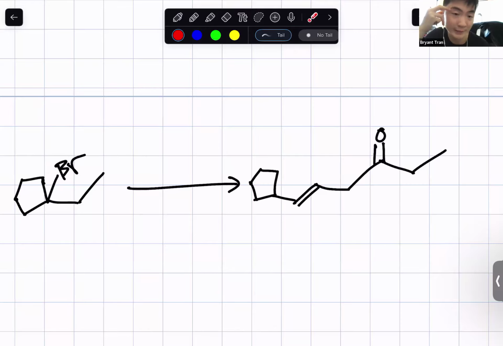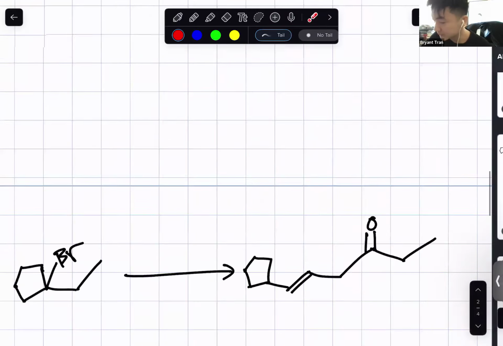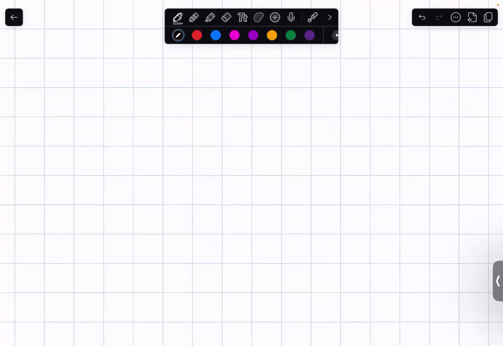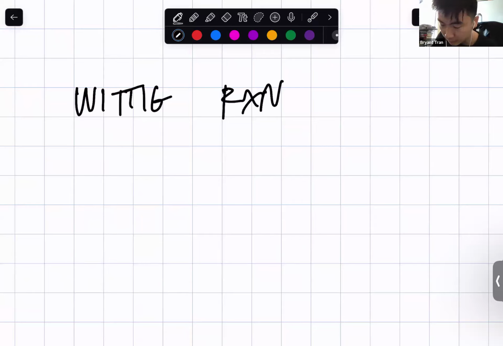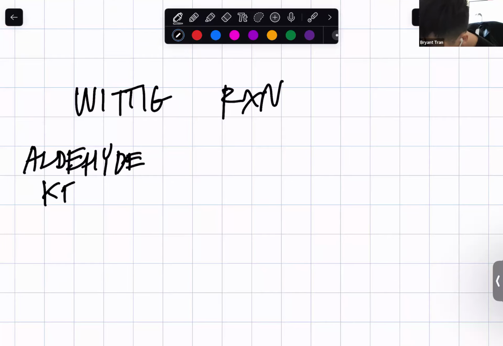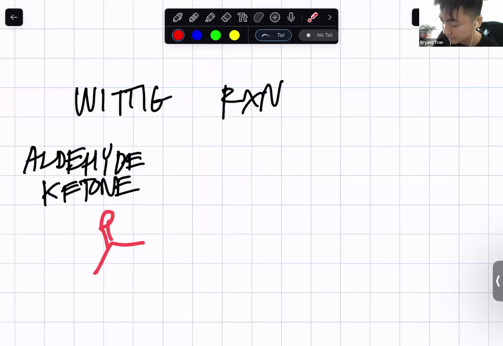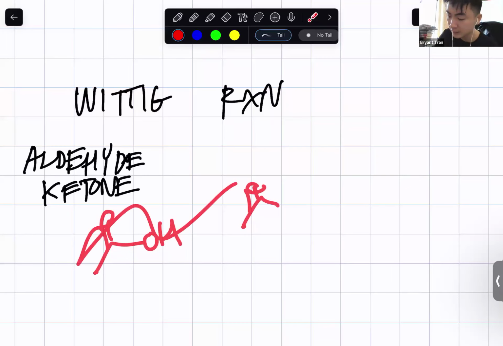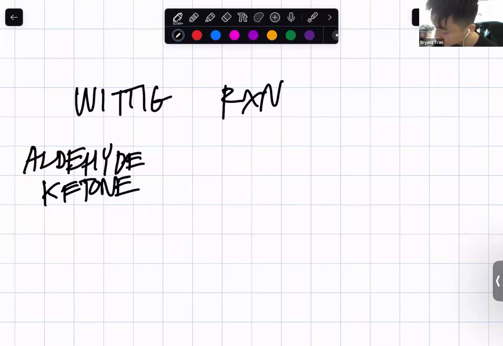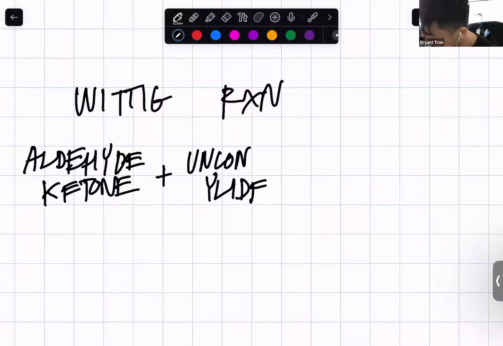But you know how it's an E or trans alkene right here? For the Wittig reaction, let me, this is good. You brought this up. So there's two types of Wittig reaction. There is a type where you have an aldehyde or ketone, because chapters 17 and 18 are talking about aldehydes or ketones. I was going to say carbonyl, but carbonyl was way too generic, because a carbonyl could have been a carboxylic acid or acyl halide, something like that. But it's going to be an aldehyde or ketone plus an ylid, and the ylid here could be either unconjugated